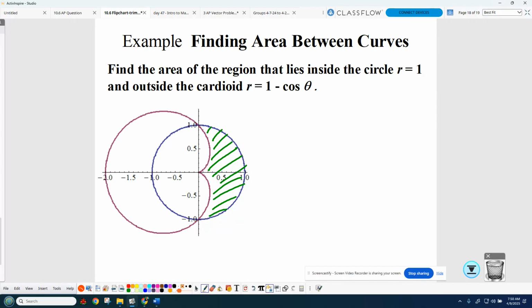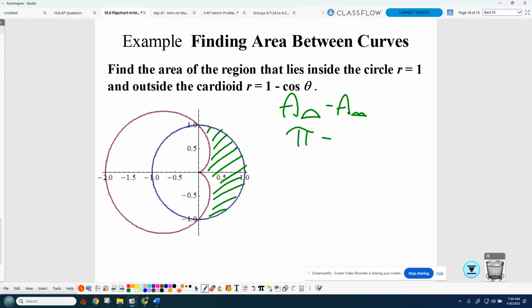Area of not the whole circle, but half the circle minus the area. Okay, sure. An area of the circle with a radius of 1, pi r squared, so pi, but I only wanted half of that, so the area of that semicircle is pi over 2 minus,